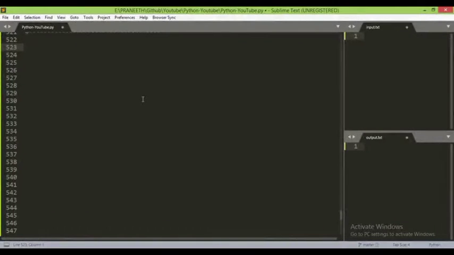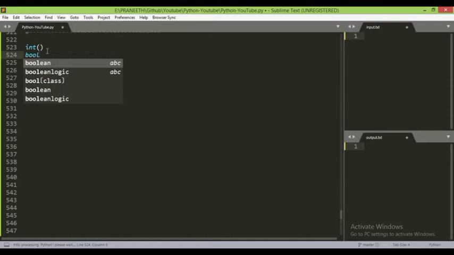So now we have learned most of the basics used in Python. While there are some important functions provided by Python to perform various tasks, which make our programming easy by using these inbuilt functions. So let us start with some basic functions which we have discussed earlier, such as int and then bool,